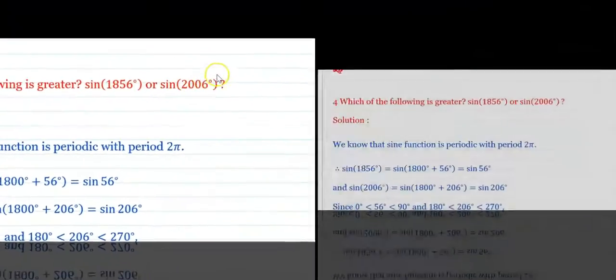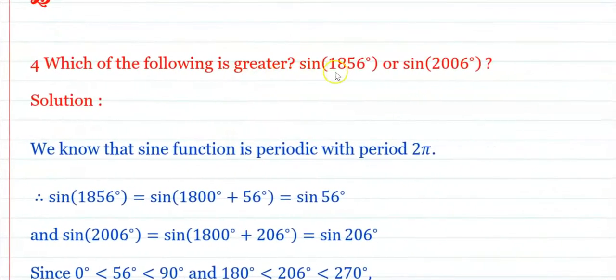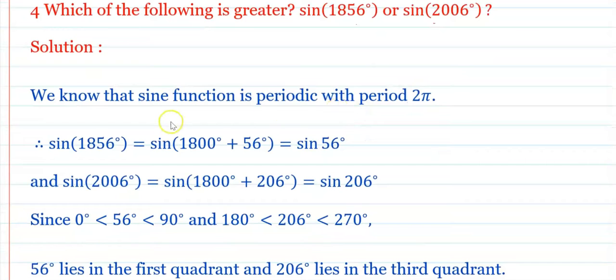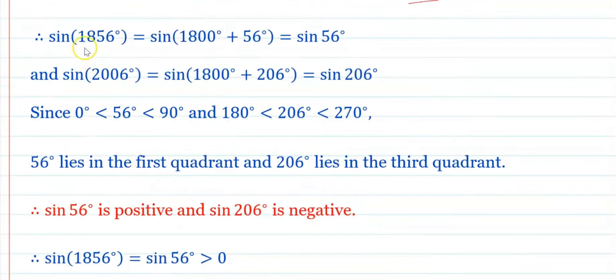Next, which of the following is greater? That is, sine of 1856 or the sine of 2006. Okay. Now the sine function is a period with the period 2 pi. Therefore, sine of 1856 can be written as sine of 1800 plus 56. Okay. Now